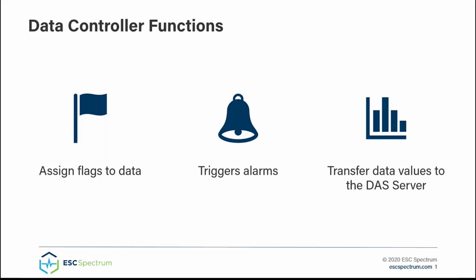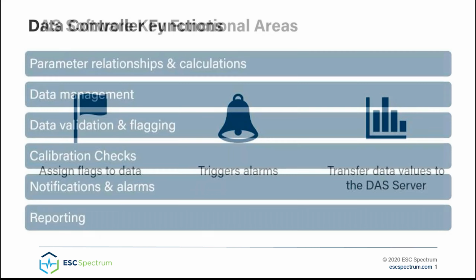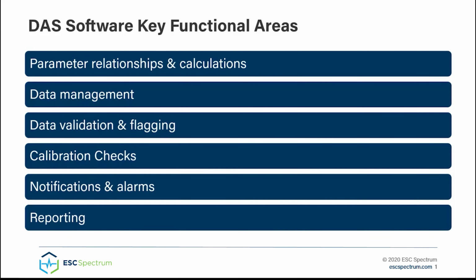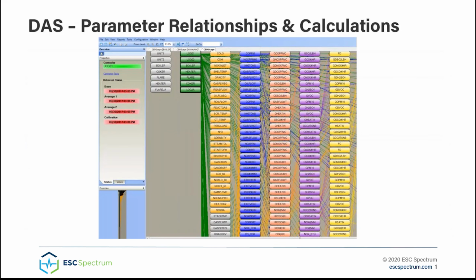Now let's take a look at the key functional areas of a DAS. There are 7 key functional areas that every DAS should have, and let's walk through each one, starting with parameter relationships and calculations. Your DAS should include a graphical display of the CEMS parameter relationships and the equations used for their calculation. Here's an example from StackVision's CEMScape that shows a graphical model of all of the parameters in our example CEMS system. Your DAS should allow you to select any parameter in your system and see what parameters are